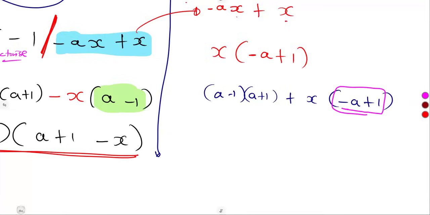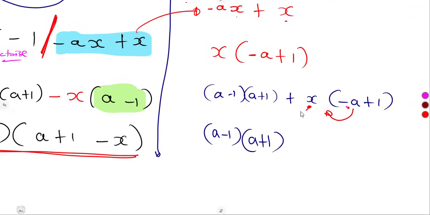So how do we go about it? We simply factor out the negative. So this is what we're going to have. It will be a minus 1 into a plus 1. You factor out the negative, the one that is making it difficult for us to have the same bracket. So the moment we factor out a negative, it will affect the x which is outside. So it is going to be negative x. Remember, we factored out a negative. So it's now negative a divided by a negative, so it will cancel. That's a positive a. Positive 1 divided by a negative is what? It's a negative. That's how you correct yourself